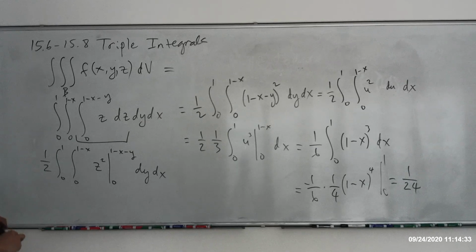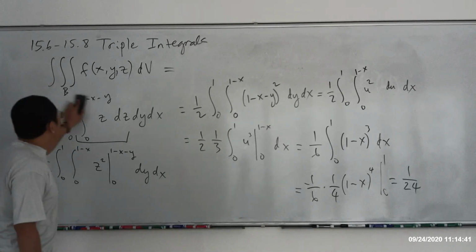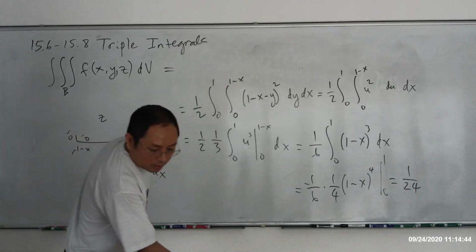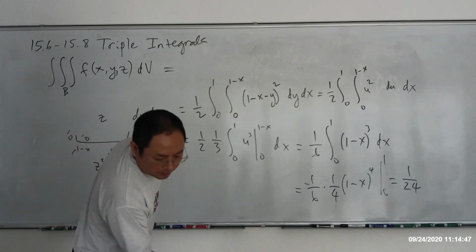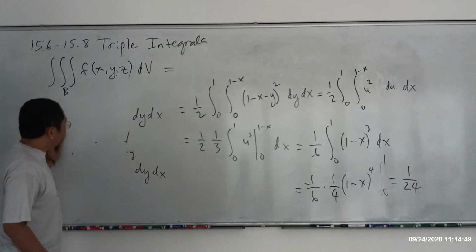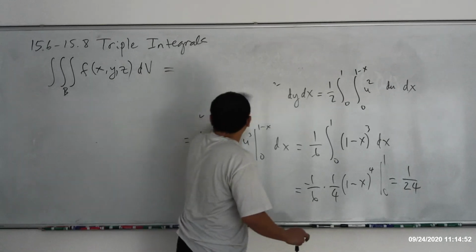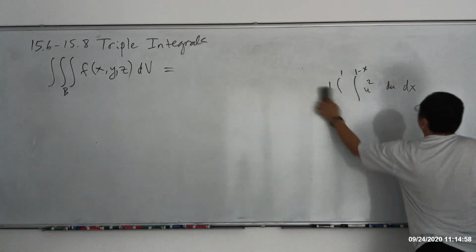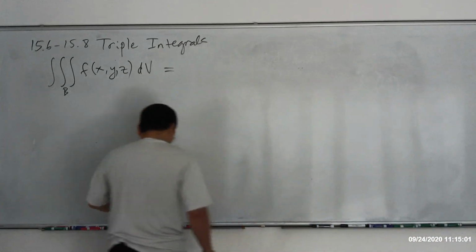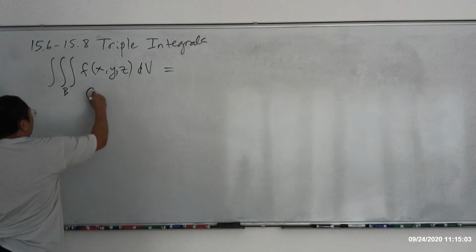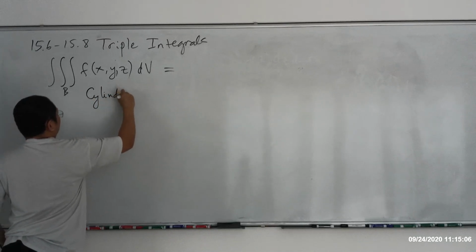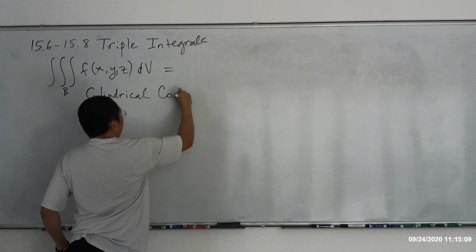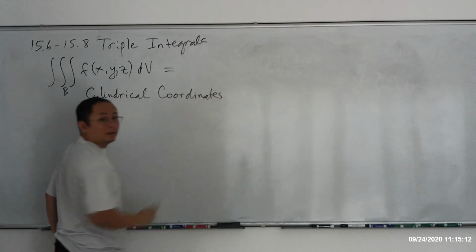Let me move on to the next section, 15.7. I will talk about triple integrals again, but this time I'm going to use different coordinates. I think they're going to use, let's see, cylindrical or spherical. Cylindrical first. Okay, let's do cylindrical. Talk about cylindrical coordinate. Okay, so